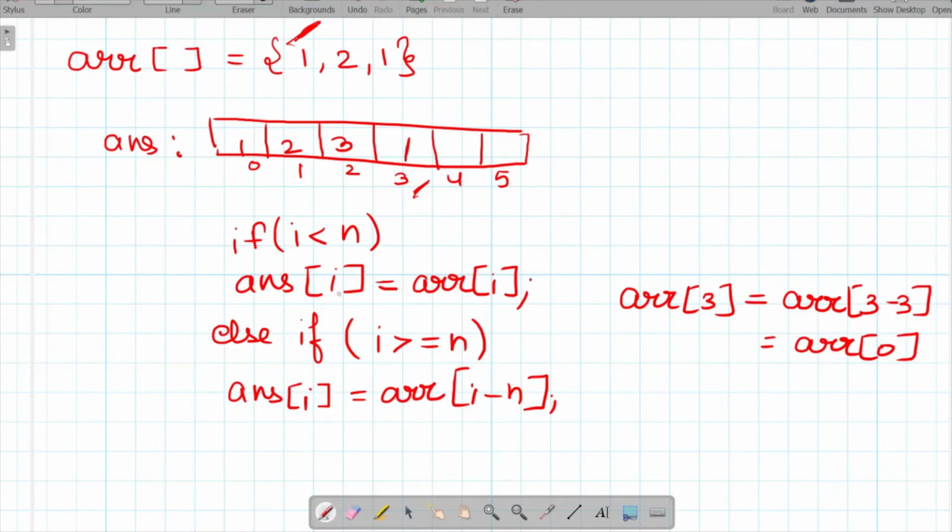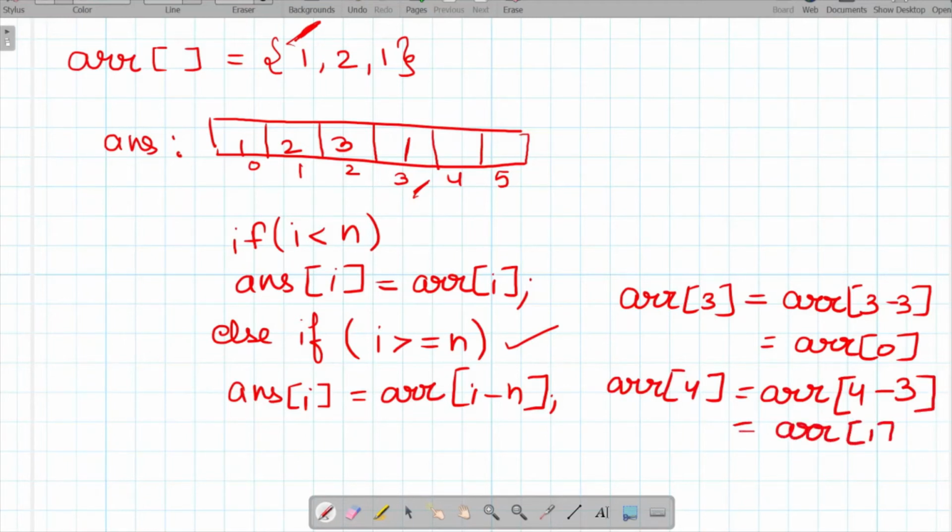Similarly, when we move ahead in the next case, our second condition will hold true, and at position 4 we will again enter array[i], that is 4 minus the size of the given array, which is array[1]. So basically what we are doing is, if our array exceeds its given size, then we start filling the elements from the starting. Up till here we have entered all the elements once, and again now we are filling the elements from the start. So at position 5, what we will fill,